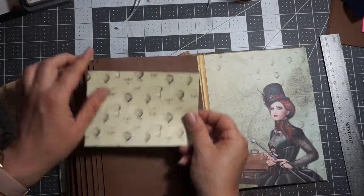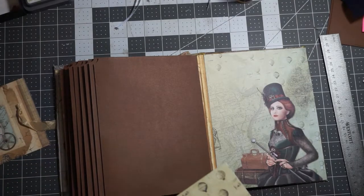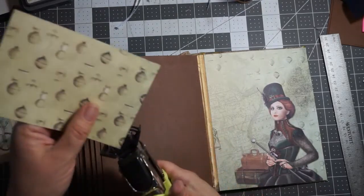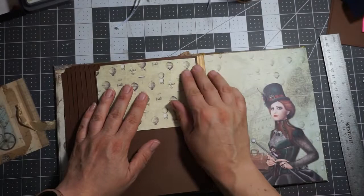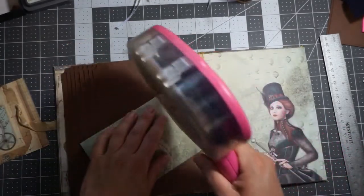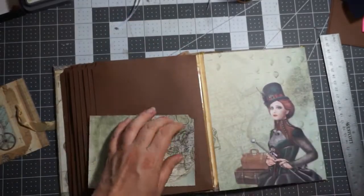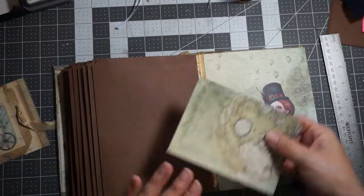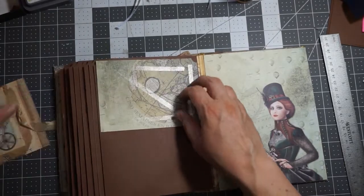That looks good. I'm going to punch this corner. And that is the stub punch. And we can just put ATG here. Actually, before I put that on, let's set that aside. Let's go ahead and make the pocket, because if you tuck this into the pocket a little bit,